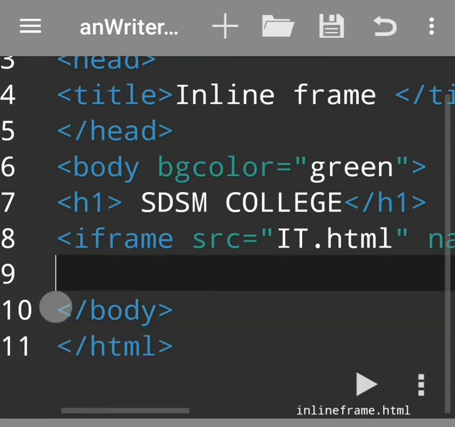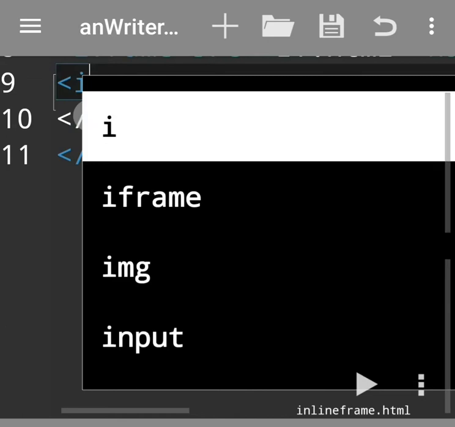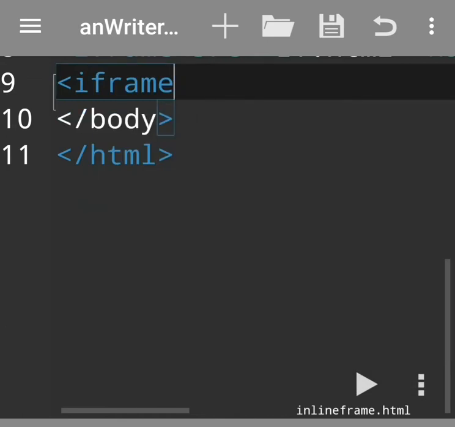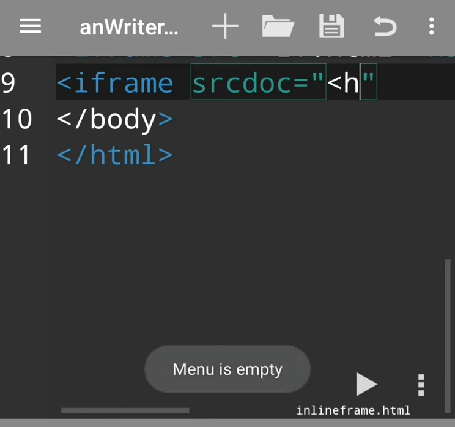So here I write again the iframe tag, then I write srcdoc is equal to, in double quotes I write the h2 tag, that is the second heading level tag.